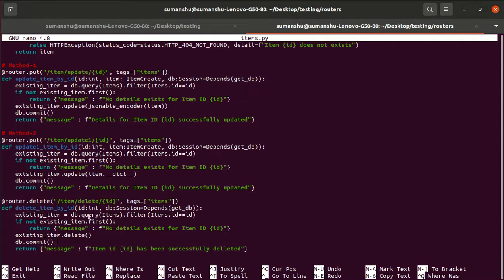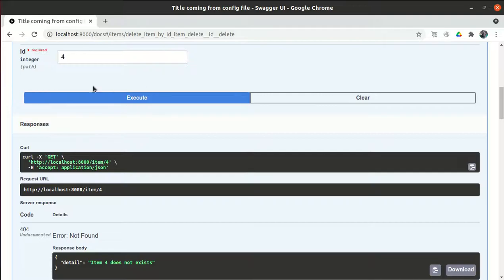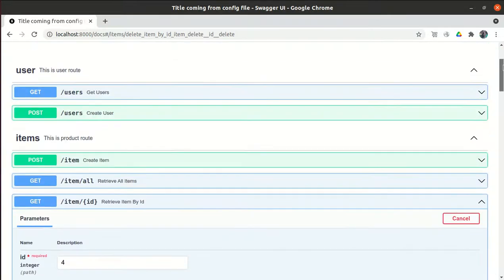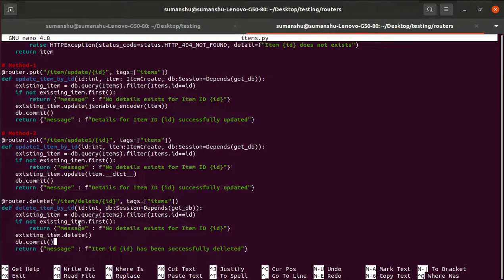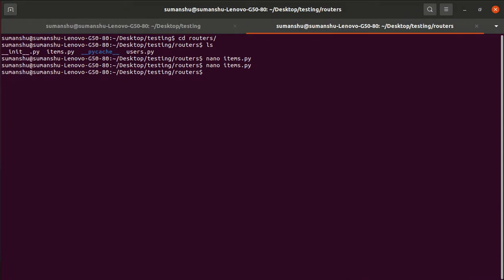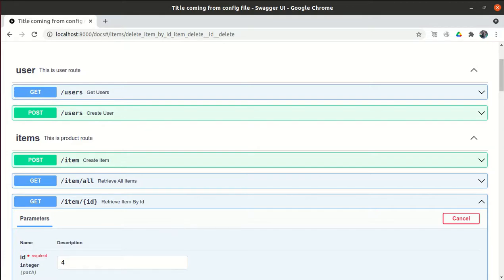But if we keep this delete function as is, what will happen? In the database, this item ID is created by this particular owner, and this item ID by another owner, and this one by another. Ideally, only the owner should delete that particular ID, not just anyone. But right now we have not implemented any login and logout functionality, so anyone is able to delete a particular item from the database.